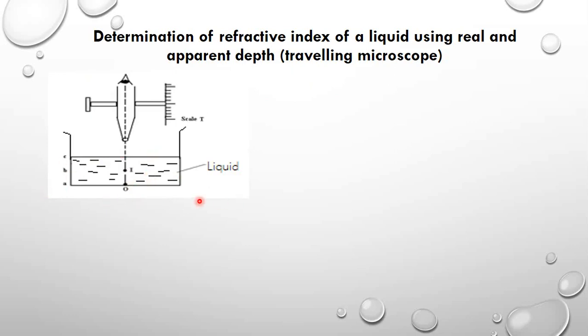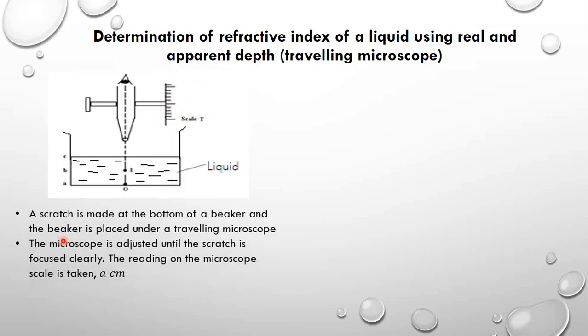First of all, we are going to get a glass beaker and make a mark on the glass beaker. We can scratch at the bottom of the glass beaker. Then after that, we are going to place that glass beaker under this traveling microscope and adjust the traveling microscope until that scratch, or that mark, is clearly seen. And then we make the reading on the scale as A